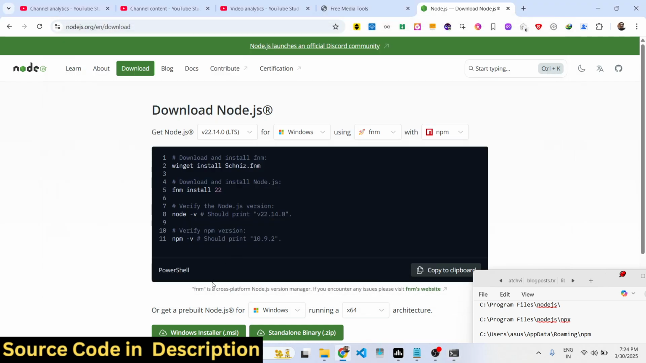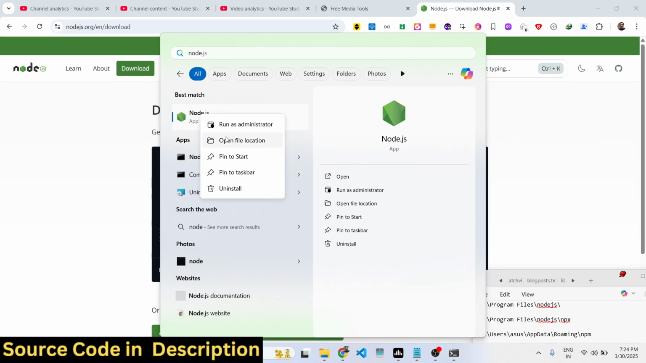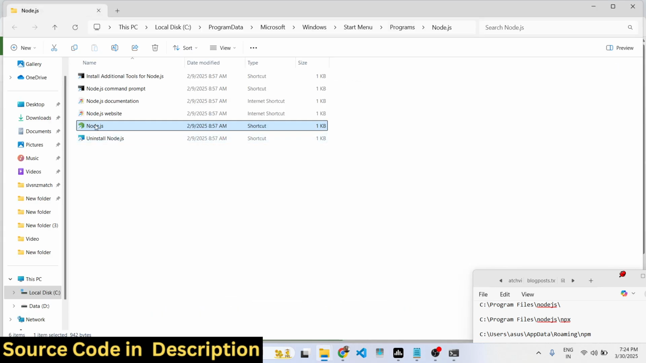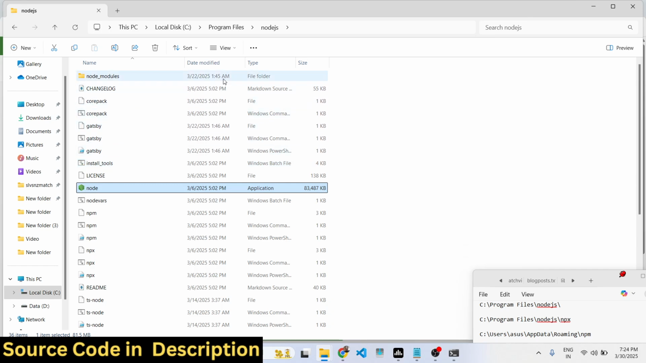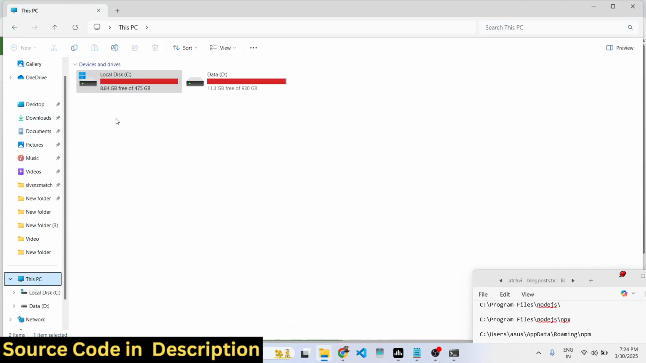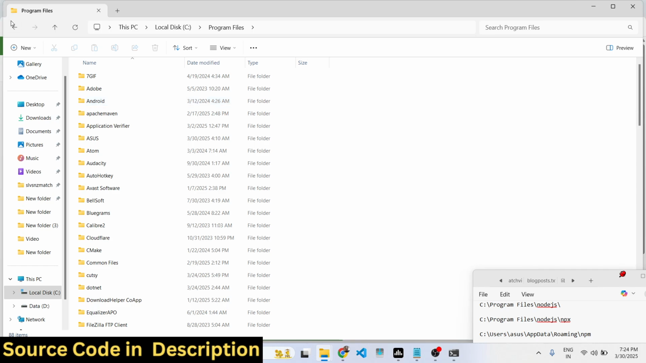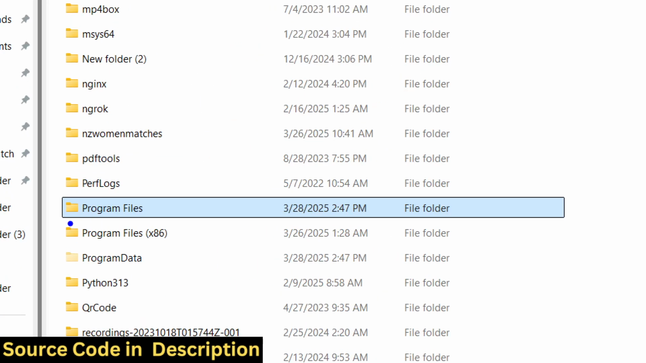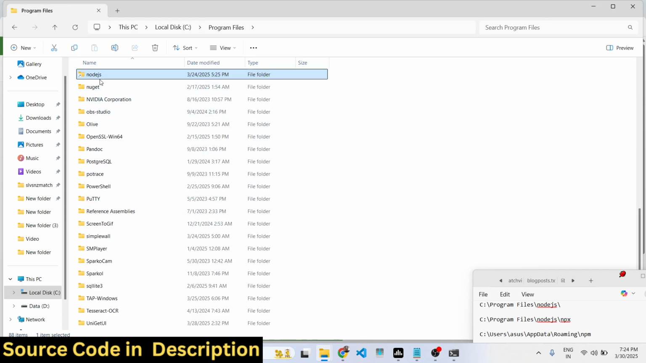You just search for Node.js from the start menu and right click, open file location, and this will come right here. Again right click, open file location, and by default the installation is inside your C drive, Program Files, Node.js. So just open your C drive and there is a folder called Program Files. So this is the folder, and if you have installed Node.js, this will create this folder Node.js,